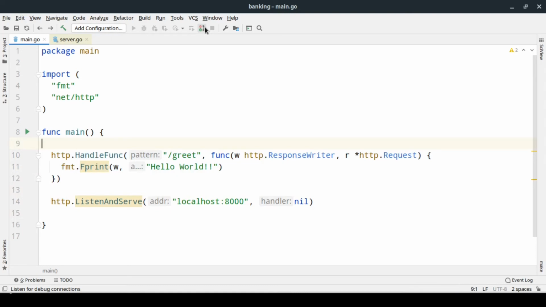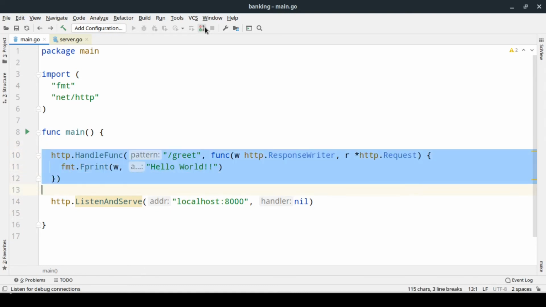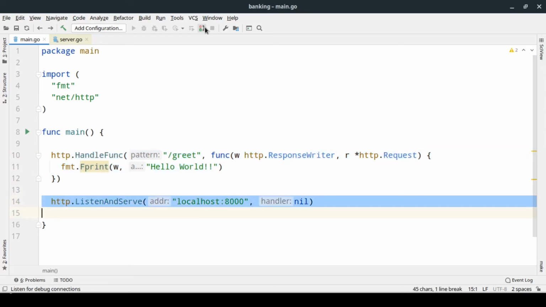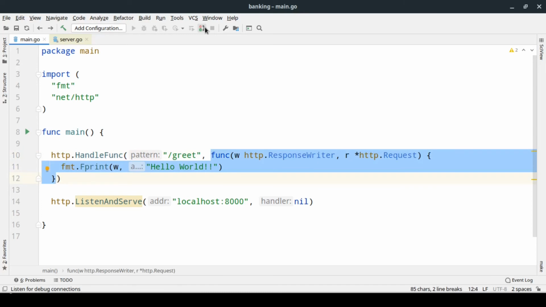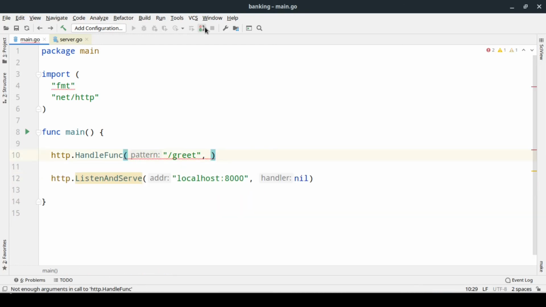So let's revisit what we have done here. Here we are registering our pattern and the handler function with the default multiplexer, and in the next line we are starting the server. Let's make it a little bit more readable. People who are new to Golang find this kind of syntax, where we are passing a function to a function, a little ugly and unreadable. People who are coming from a functional programming background, JavaScript background, find this a very natural thing and don't face any issues. And we can just pull out this function, and I can name this function as greet,